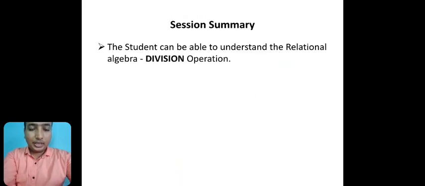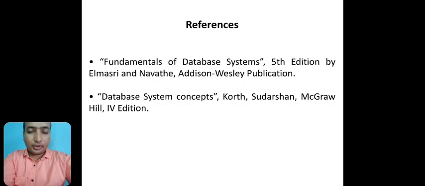So dear students, for further reference with your further learning in your division operation, you can refer the book titled Fundamentals of Database Systems, authored by Navathe, and you can refer the 5th edition of the Addison-Wesley publication. Similarly, you can refer another book titled Database System Concepts, written by Korth and Sudarshan, and you can refer the 4th